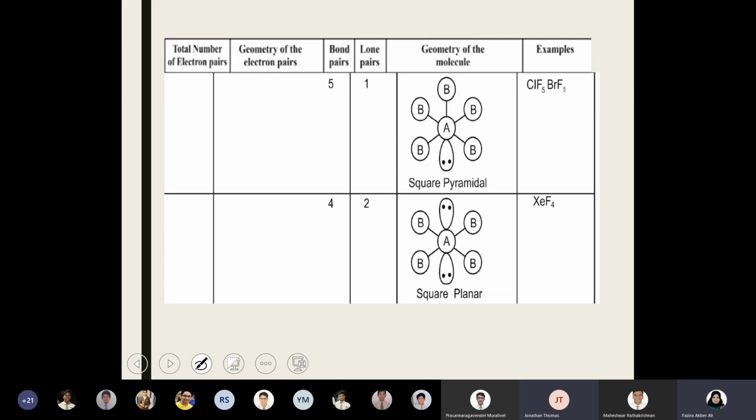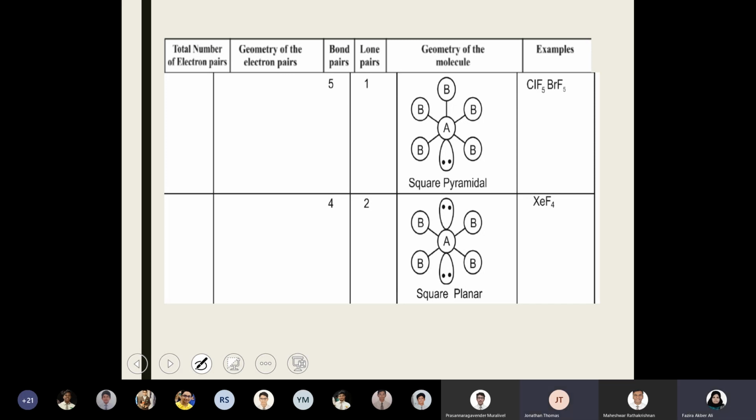All right, ma'am. Thank you. Or if they ask what will happen to the bond angle, then you can explain it this way: the bond angle will reduce because the lone pairs will be pushing, so to reduce that lone pair repulsion with the bond pair or between the two lone pairs, the bond pairs will come closer. Like that, one statement is enough.